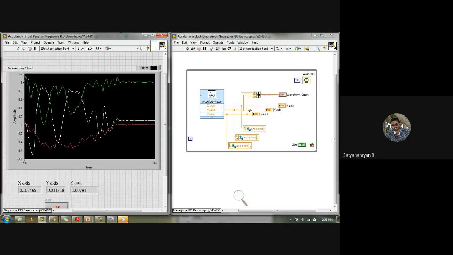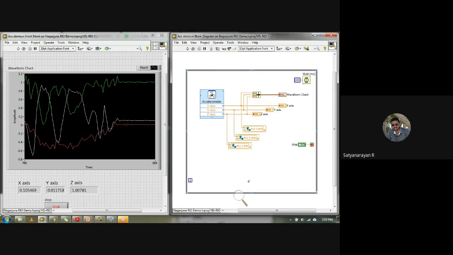For that standalone application, let me take the same application, the accelerometer itself, in order not to waste our time. Anyhow, you know how the standalone application works. Even though the hardware is not connected to your system, you dump the code to the hardware and it starts working even if it is powered off.